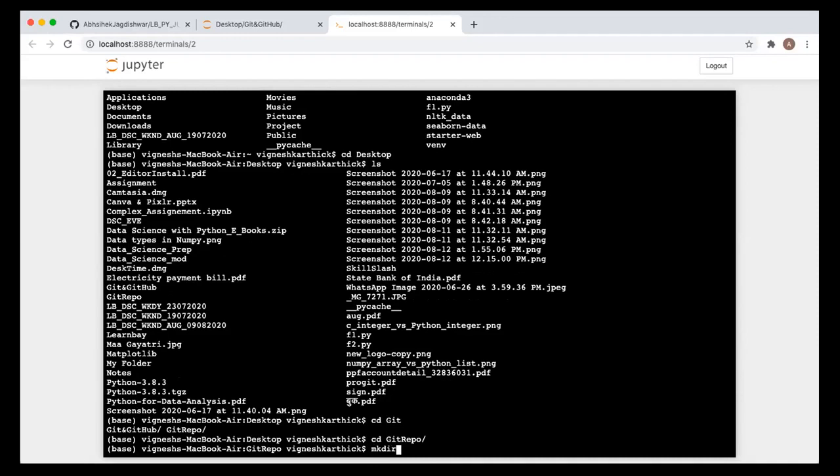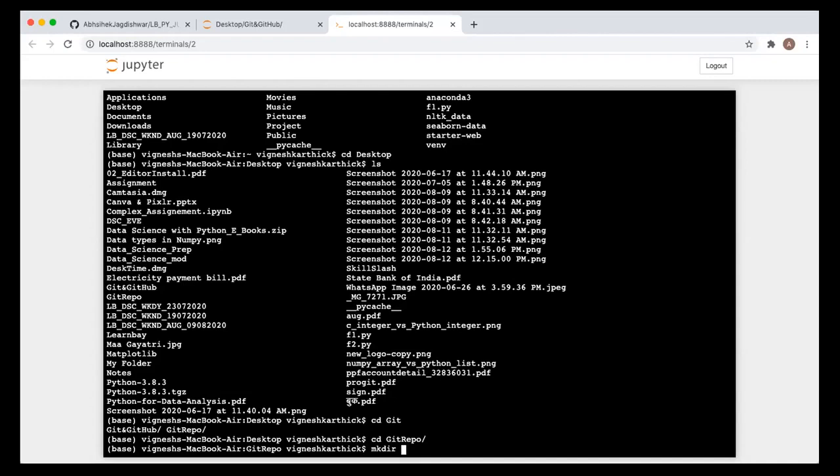Let's say whatever repository you keep in one folder on your desktop or on your system, wherever you want to go, you can guide yourself to that location by doing cd. Once it is done, wherever you want to create the directory, you can create it using mkdir. You can create a directory or a folder.